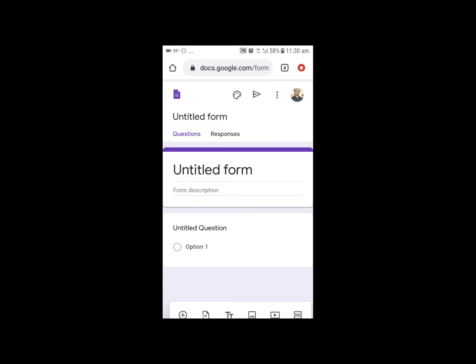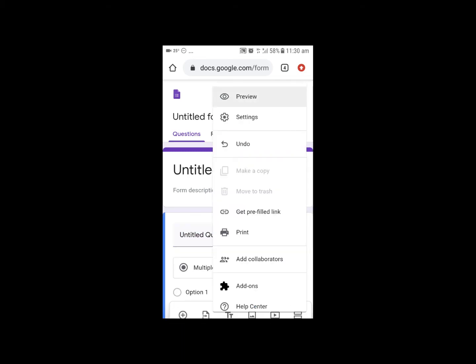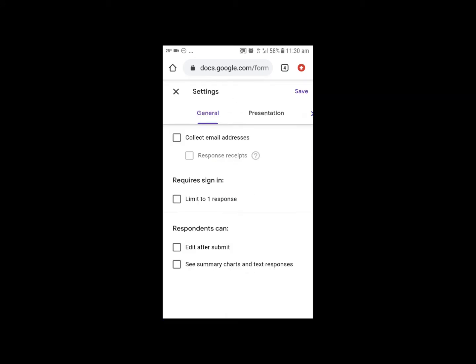First let us go to settings. Under general, select collect email address. Under require sign in, limit to one response, and come to presentation.